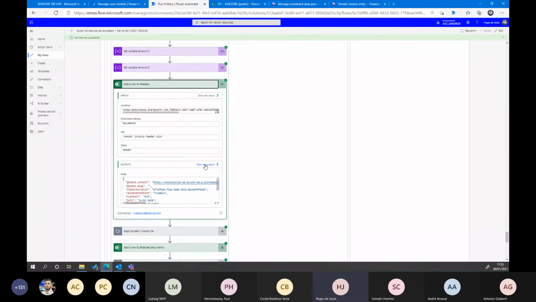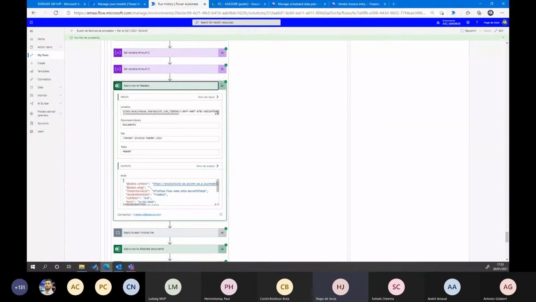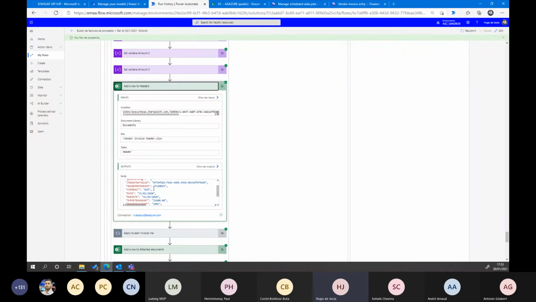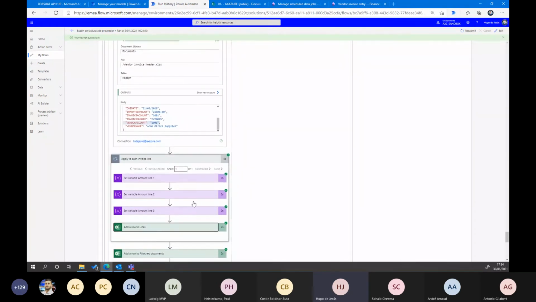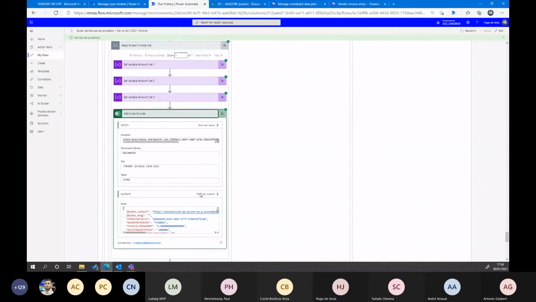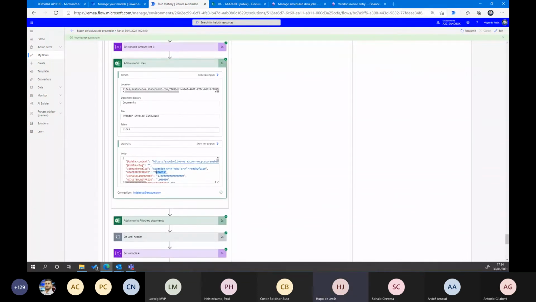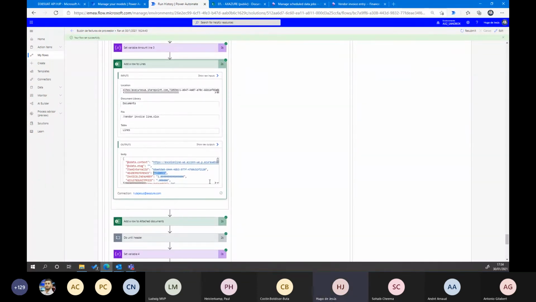Let me show you then. So all the information in the Excel file: the number of the invoice, the currency, the date, the due date, the imported amount, the invoice account, the invoice number, all the information in the Excel file. Of course, the same information in the line. Here, the number of the header reference is not exactly the invoice number, but we use this number like a header reference.